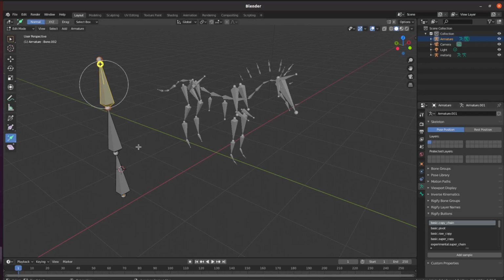So if I want to, what you would do is select the bone and press M to move it over here and then hit enter. So you would see that this has been moved here. Then you would do this and M to move it to another layer, and then you would do this and M to move it to a third layer. Actually, I just moved the first one to another layer, so I'm going to select it again and move it back to this layer. Okay, so now